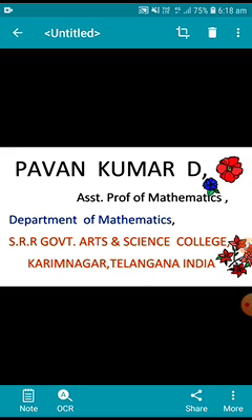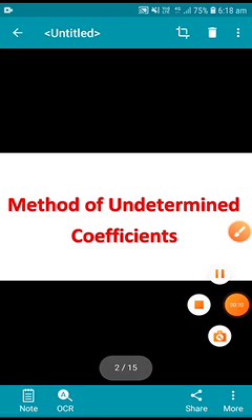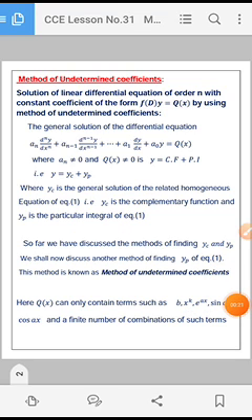We now discuss the method of undetermined coefficients. The solution of a linear differential equation of order n with constant coefficients of the form f(D)y = q(x), by using the method of undetermined coefficients. The general solution of a differential equation is a_n d^n y/dx^n